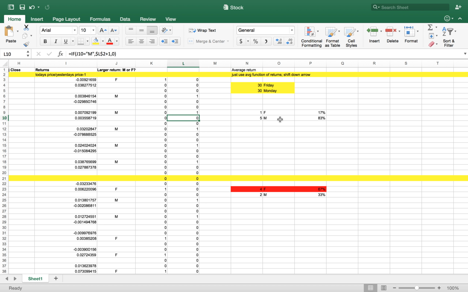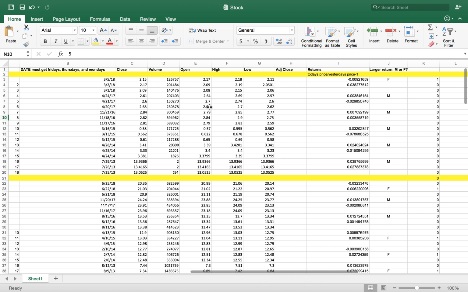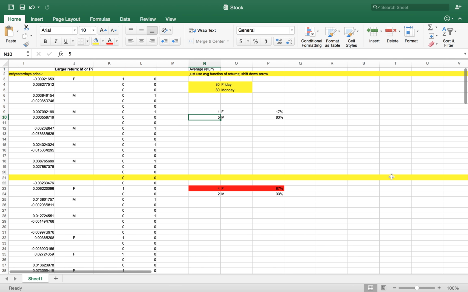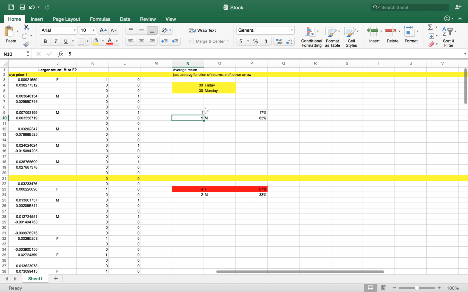And so I have six date sets, or pairs, I would call them, of Mondays and Fridays in each stock. And so this one has 5 Mondays that are higher, so 5 sets of Mondays. So in 2017, 2016, 2015, 2014, and 2013, Monday was more significant in the dates that I pulled, and only in 2018 Friday was higher. And so then I did the math for that and found the percentage.